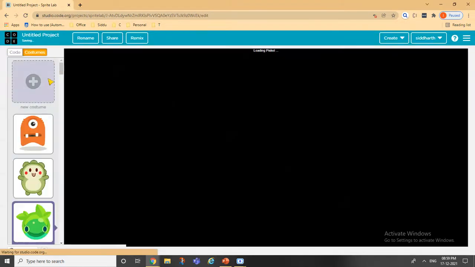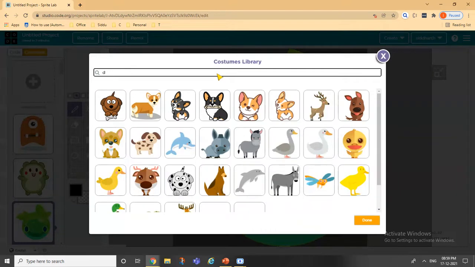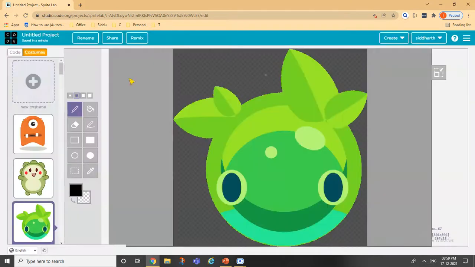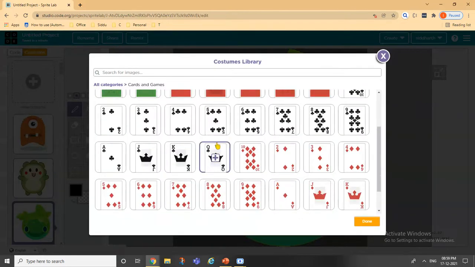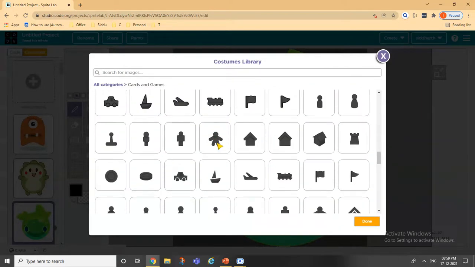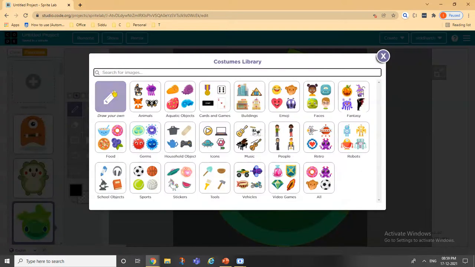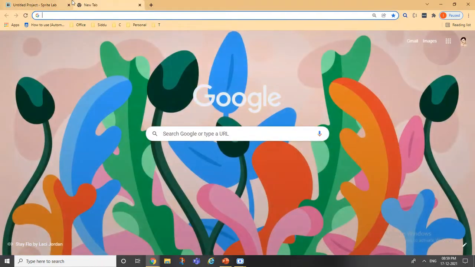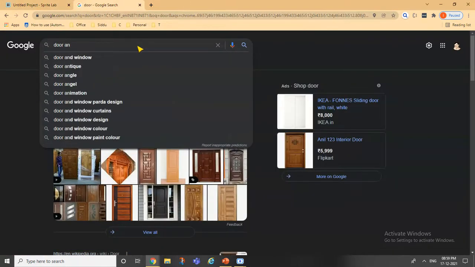And now we have to go to costumes. If you search a new costume as any door, we need to make a door. But door is not there, you can see. So what we can do is close this. We can go to cards and games. I will make a new costume, or we can click on Google and search door animated,